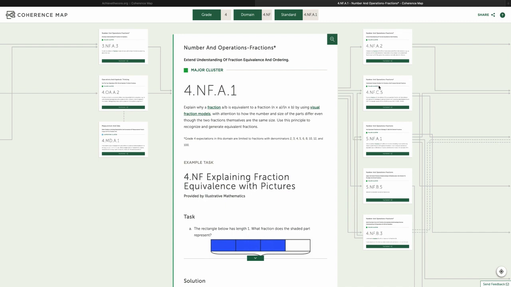So that is it. Those are the two resources. I hope that you found this valuable, and it's a great tool, especially with the crisis we're in. We have an opportunity to look at the major clusters and the foundational mathematics that are going to be so important for them to be